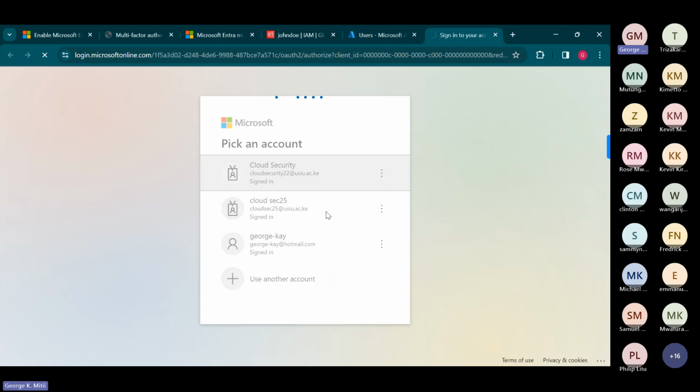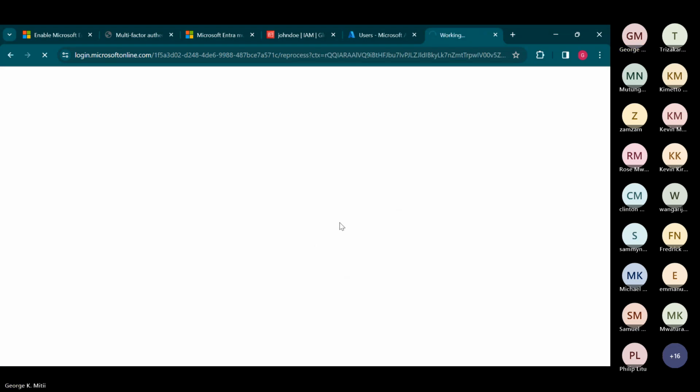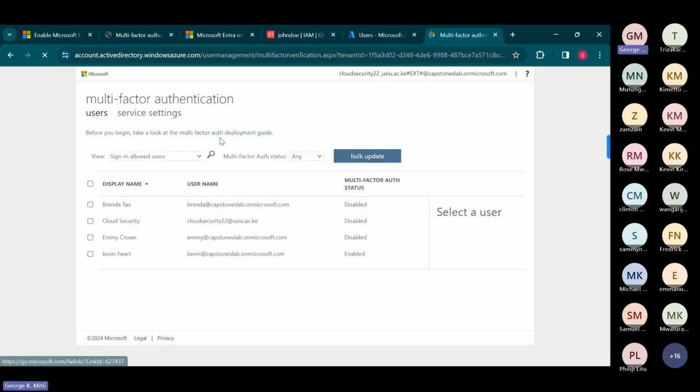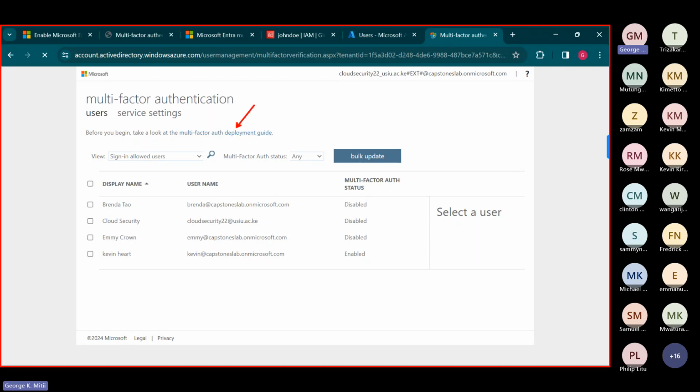So I'll just sign in once again. It will give you documentation for you to understand the MFA deployment guide. So you can click on this documentation here just to have an understanding of Microsoft Azure MFA or Microsoft Entra